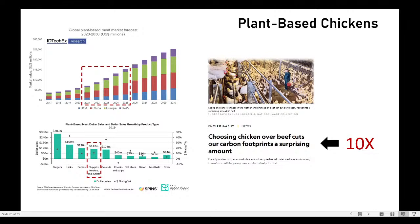But even so, okay, let's say that plant-based chickens represent something like 10% of the plant-based meat market. So it would put us at about 600 million or so of chicken substitutes, roughly speaking. We would assume that even though it's not that big yet, we would slowly start to see an erosion of chicken consumption, right? If chickens are being replaced by fake chickens, then people should be eating less chicken. However,